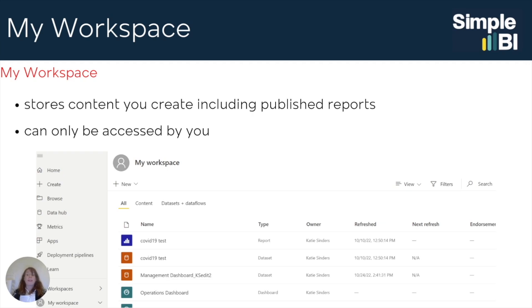Without a Pro license, you cannot share your content. However, any reports that you create in My Workspace, you can personally view. And any reports that you publish from the desktop would automatically go to My Workspace, which again can only be accessed by you. Now that we understand workspaces, let's head over to Power BI service to explore how to navigate